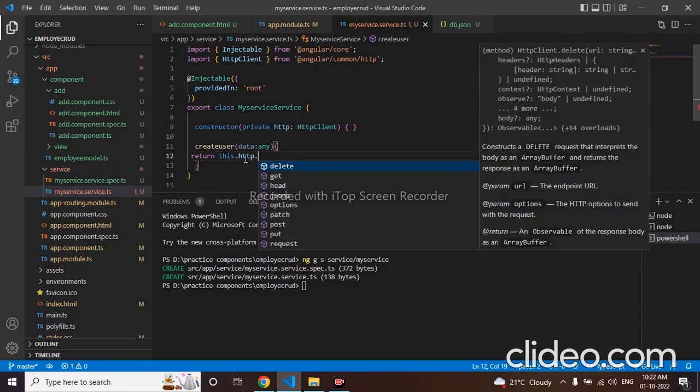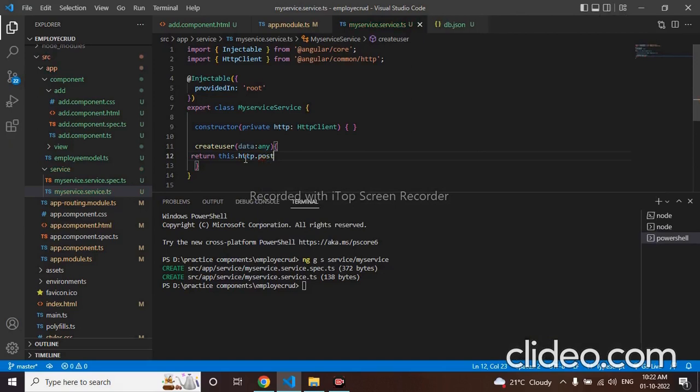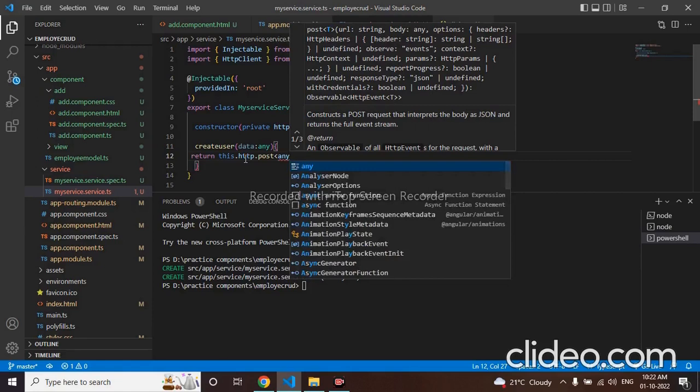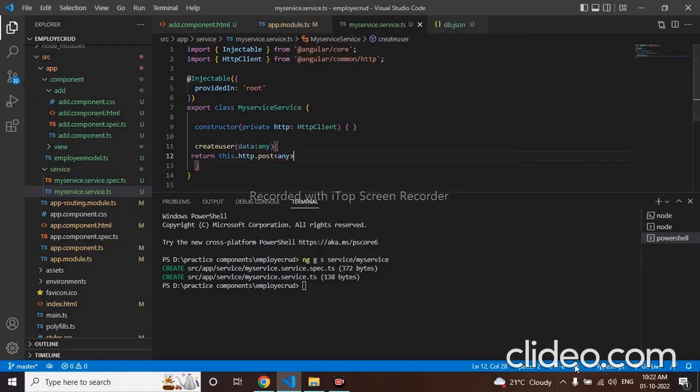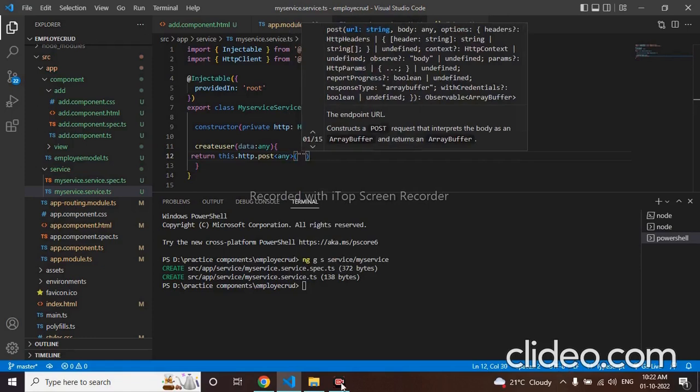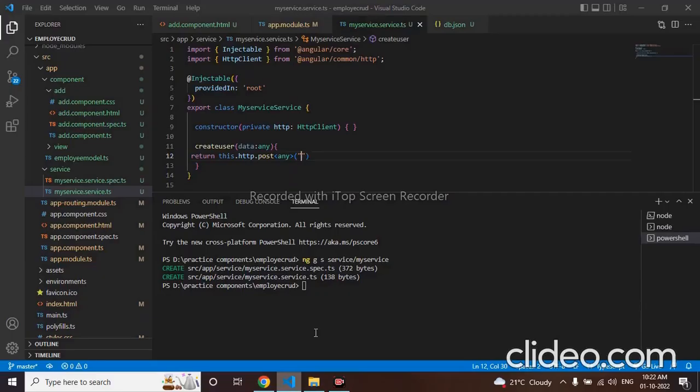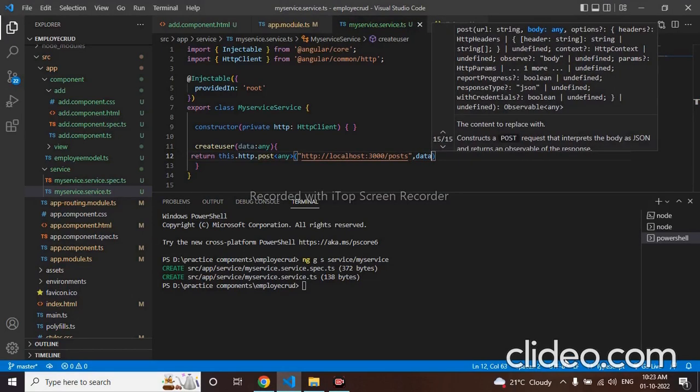Dot post any, and we'll make use of the path, which is this. Refresh it. Yes, we'll make use of this itself, post, and I'll be pasting it here. Data,